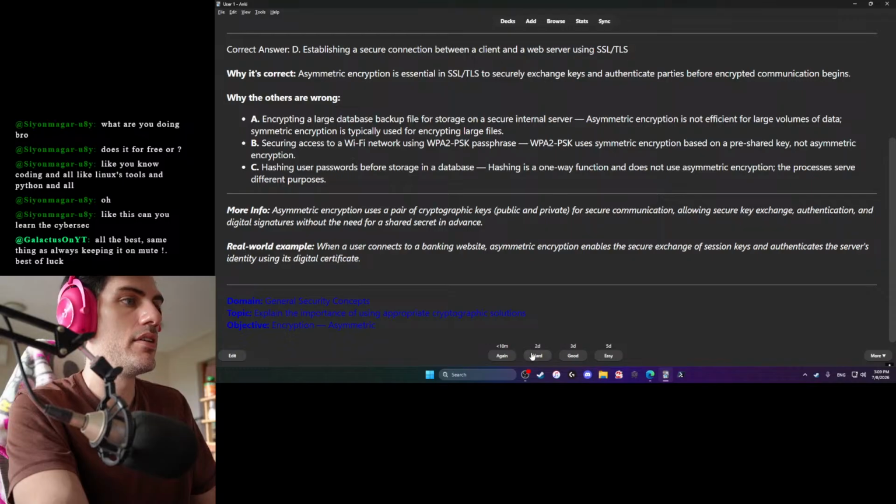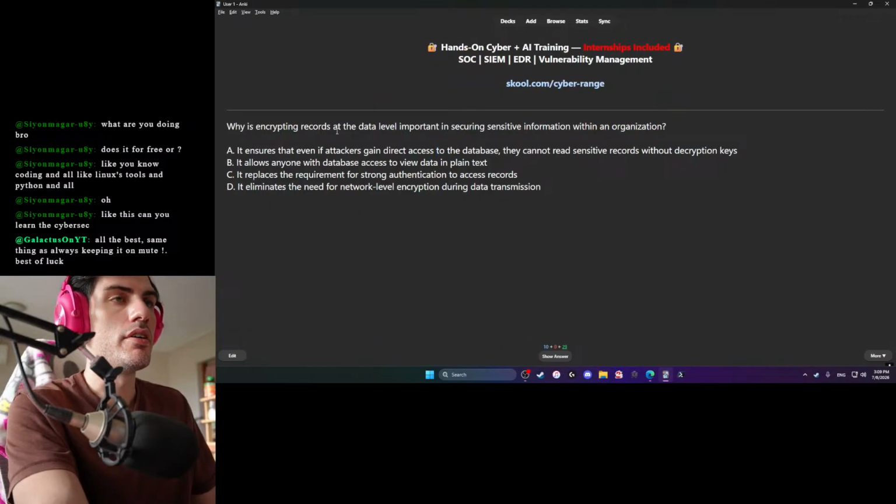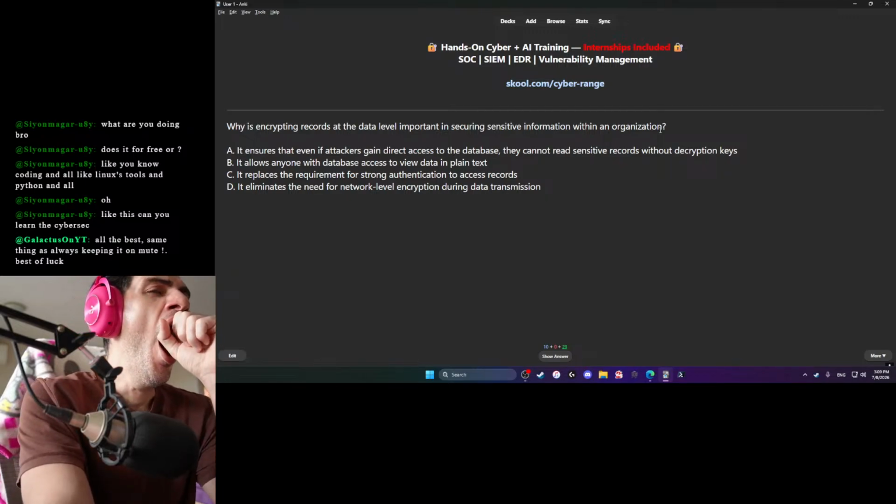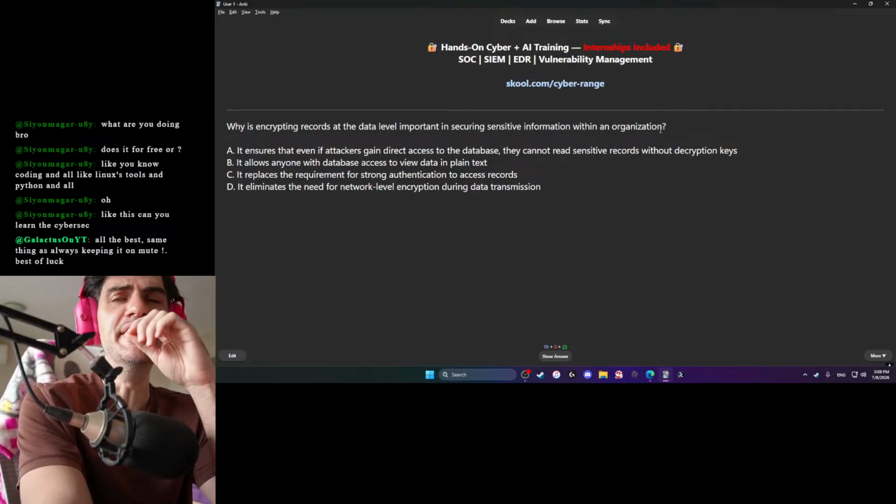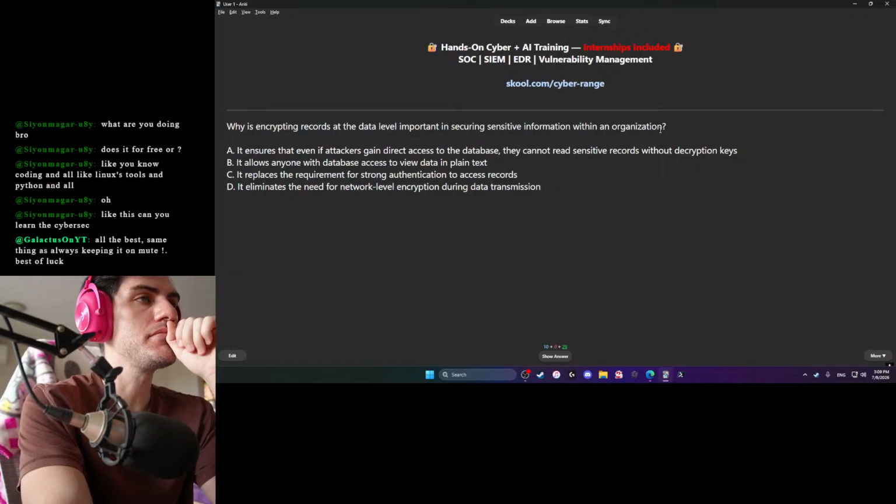Why is encrypting records at the data level important in securing sensitive information within an organization?